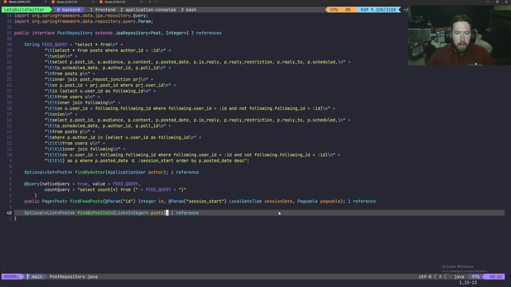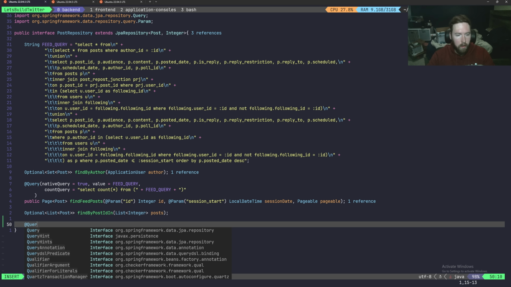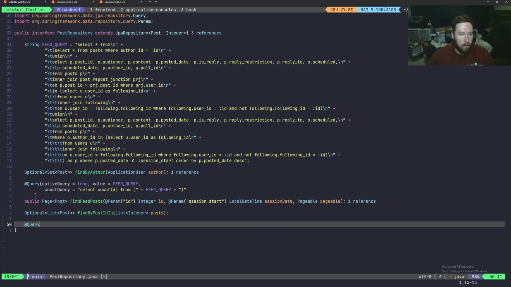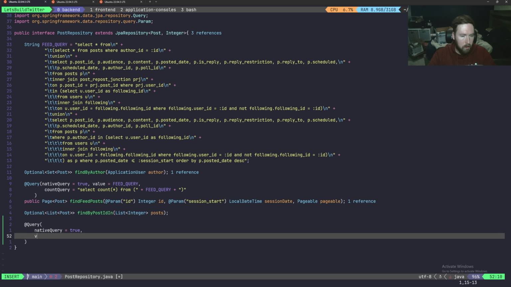Like I mentioned, we're going to be starting out in the backend here. We need to go ahead and make a new query, and this has to be a native query, unfortunately. So we're going to say @Query like so. Go ahead and import that, and then we're going to open this guy up. And here we're going to say nativeQuery is equal to true, and then we'll set up our query. So value is equal to, and this is a pretty long one, so this is going to say select